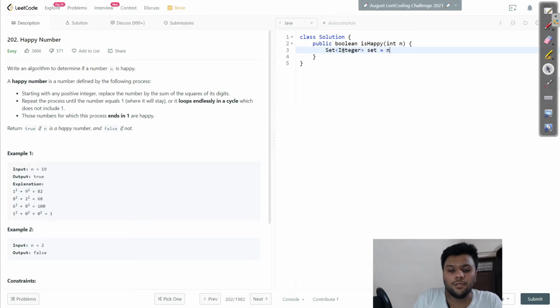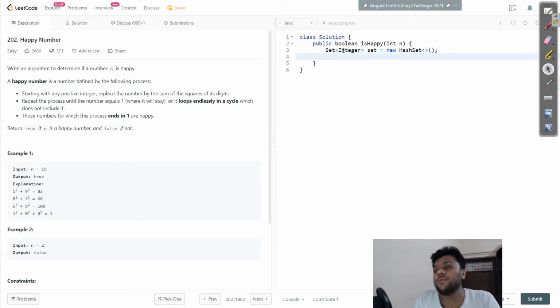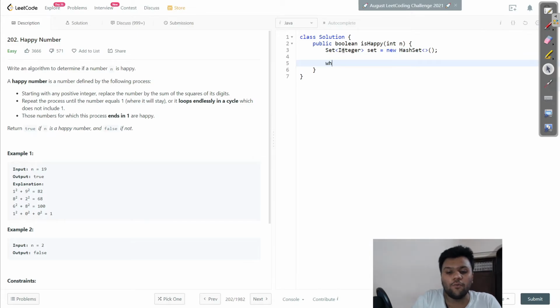I will call it set, new HashSet. Okay, and alright guys, so now what I will do, I will just simply run a while loop for this one. I will say in my while loop, this while loop will run only while n is not equal to 1, and till my set.contains(n) is false. So it means till my set does not have any similar value, unique value, I will go for that. Okay, then I will just simply add to my set, set.add(n), and